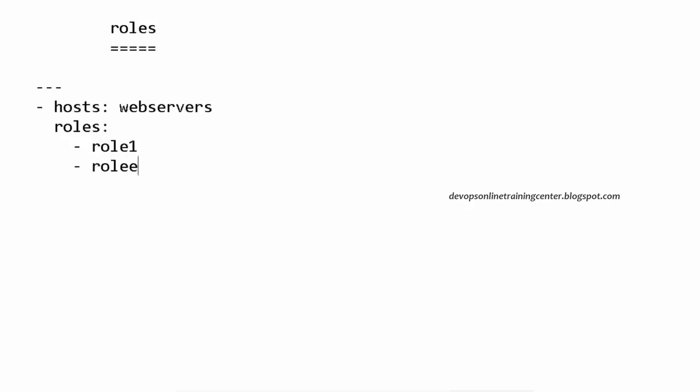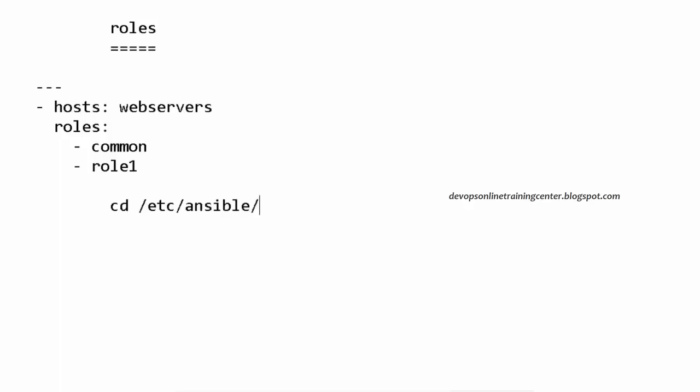Right? So in the previous scenario we have seen there are some common tasks and there are some web server tasks. So how do we define? We define something like common. Then we define, let us say, web servers role or role1, which is actually HTTP installation. So if this is executed, common role will be executed on the group web servers. Role1 will be executed on the web servers, right? Then what will be there inside my common?